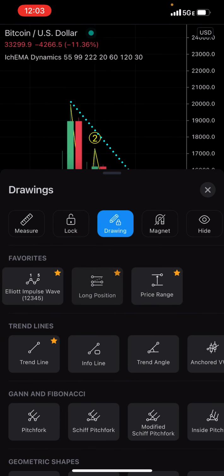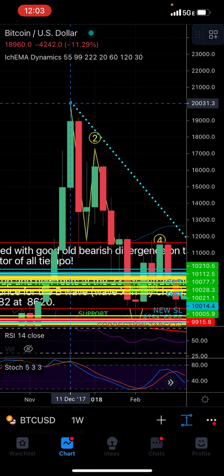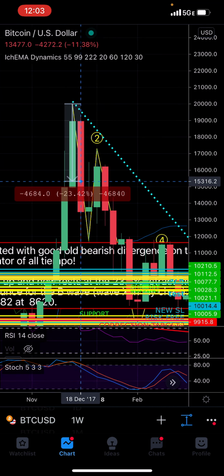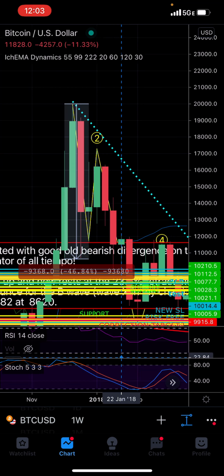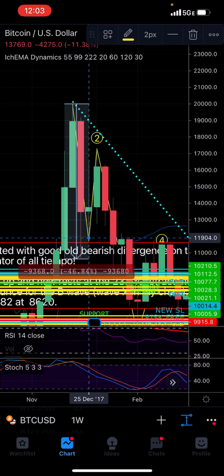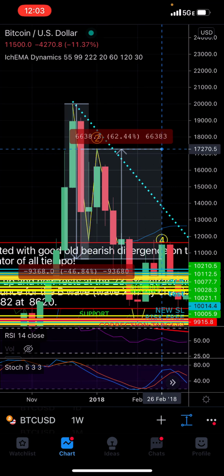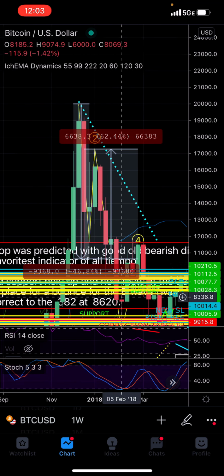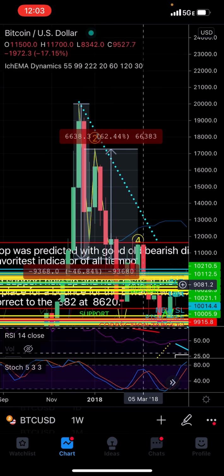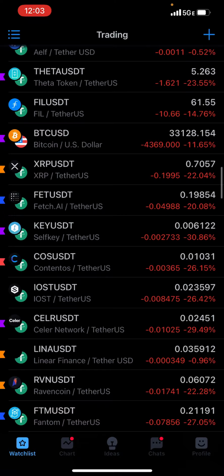Now take a quick look at what happened here. We had the price drop from the top, about 20K, all the way down about 50%, right? 46 and change. Then we had a bounce. That next bounce up from down here up to here was a 62% recovery bounce, right? Same thing with the one further down. So now if we were to go back and look at what we're currently seeing, if we were to have the same thing happen now,